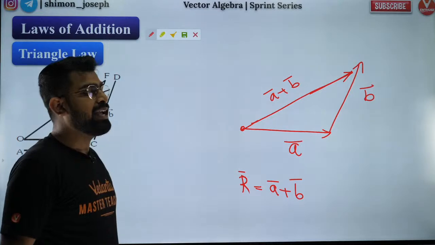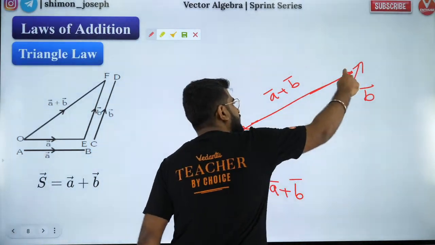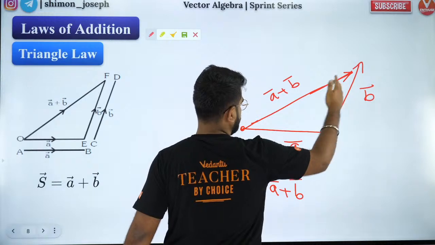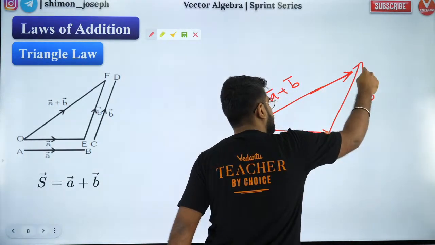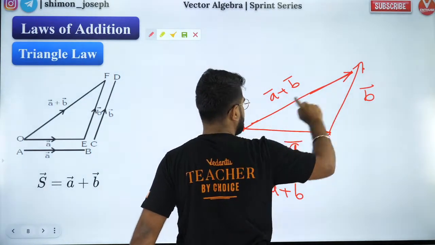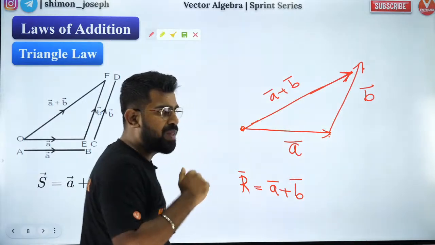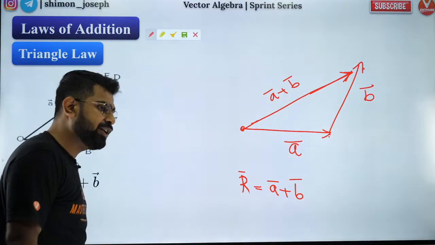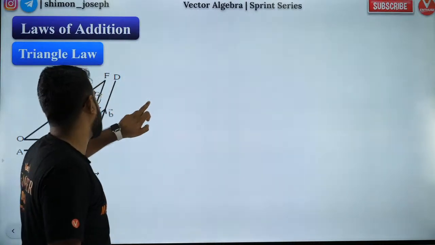Got it? Exactly. So if you want A plus B, just complete the triangle but in the opposite way. If you go according to AB, BC, then CA, you complete it but in the opposite way. So you see the direction is like this. That will give you your resultant. I hope that makes sense to everybody. Very good, Ashwin. That's correct. So that is your triangle law of vector addition.